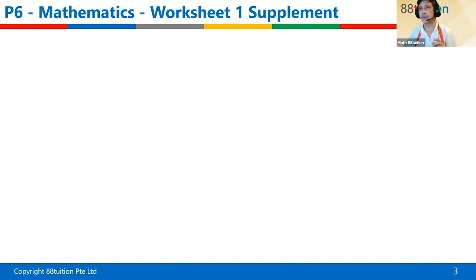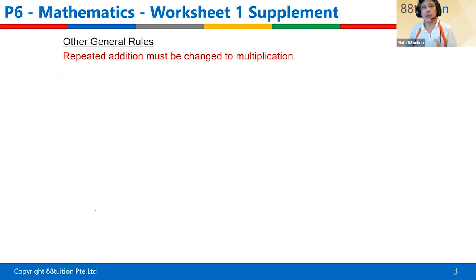All right. Okay, so just a little bit more on the rules, and then after that we can actually do some of the exercises. Okay, now repeated addition must always be changed to multiplication. So you can think of our normal arithmetic, for example, 2 plus 2 plus 2 plus 2 plus 2. Will you end up writing 2, 2, 2, 2, 2? No, you don't. So similarly in algebra, if you have E plus E plus E plus E plus E, you do